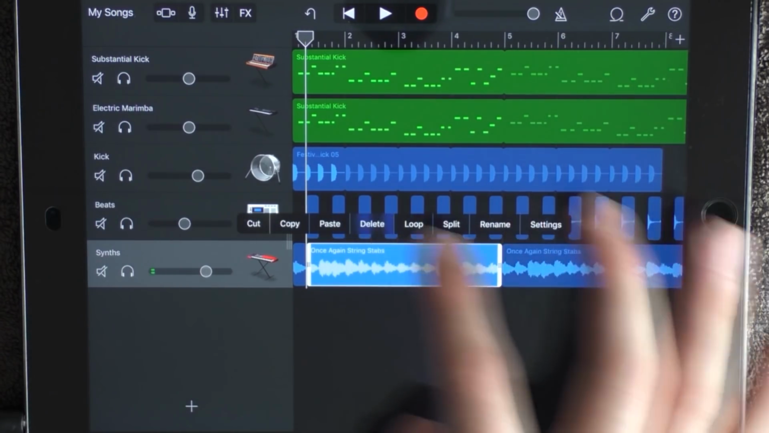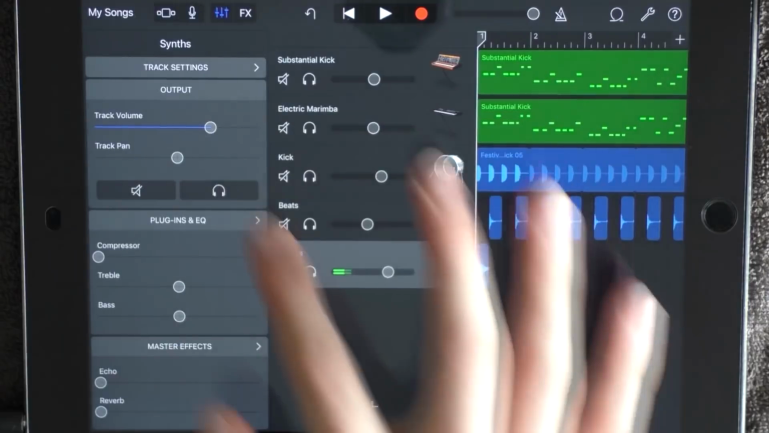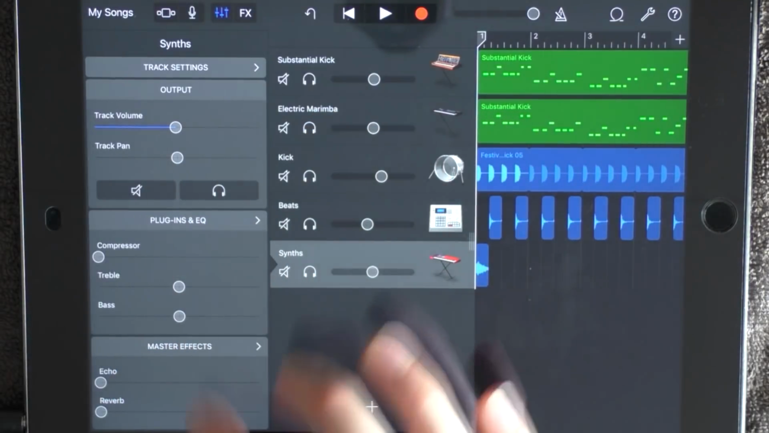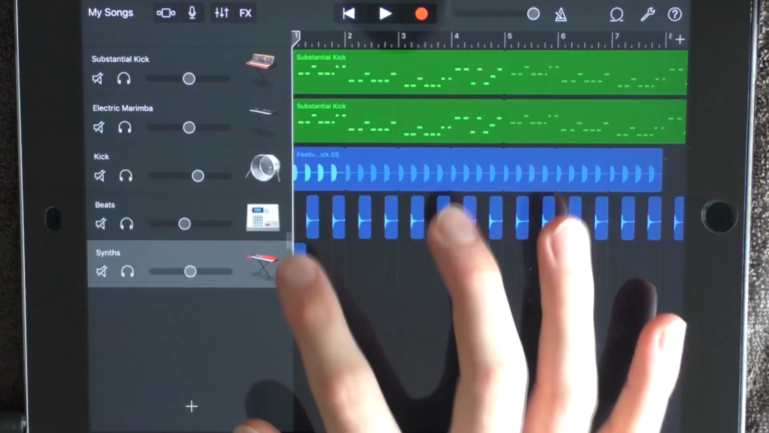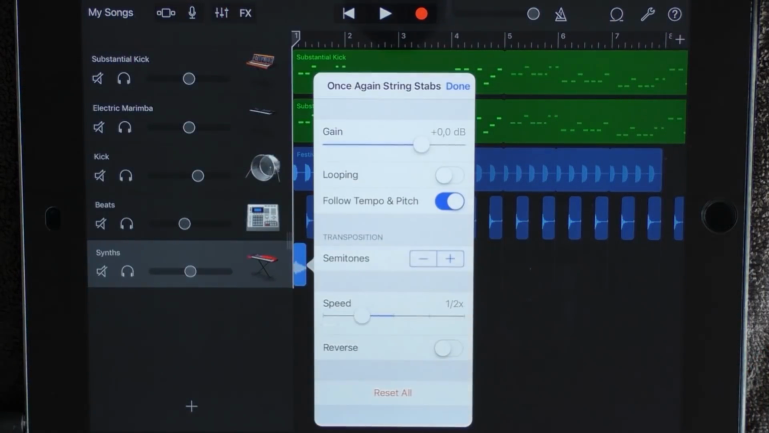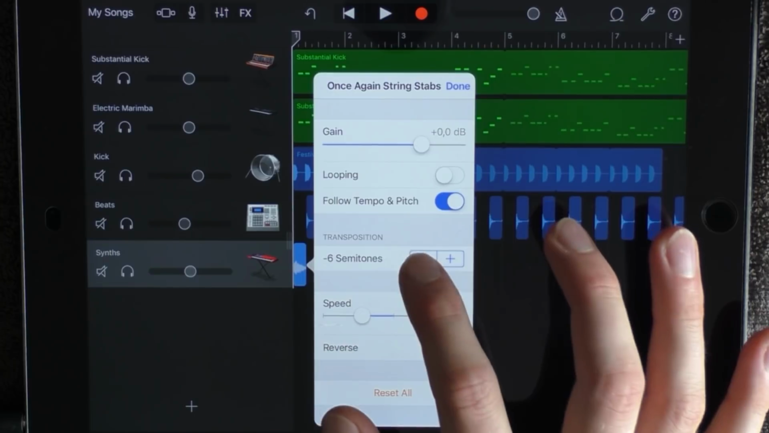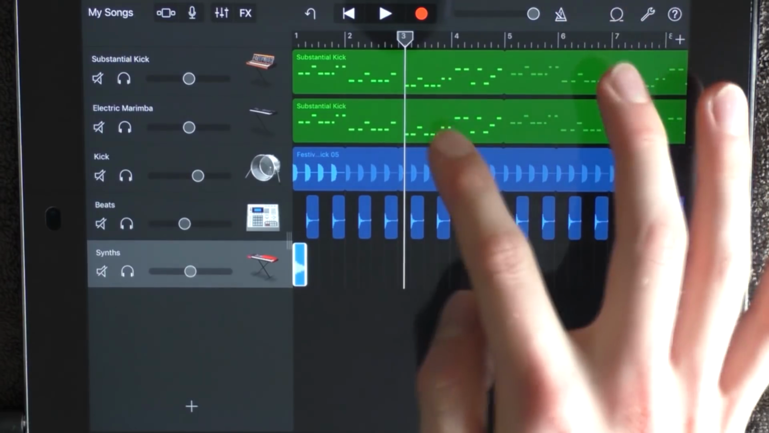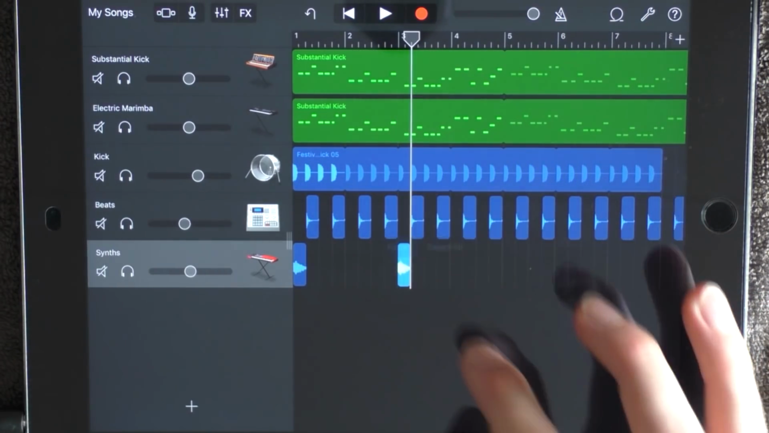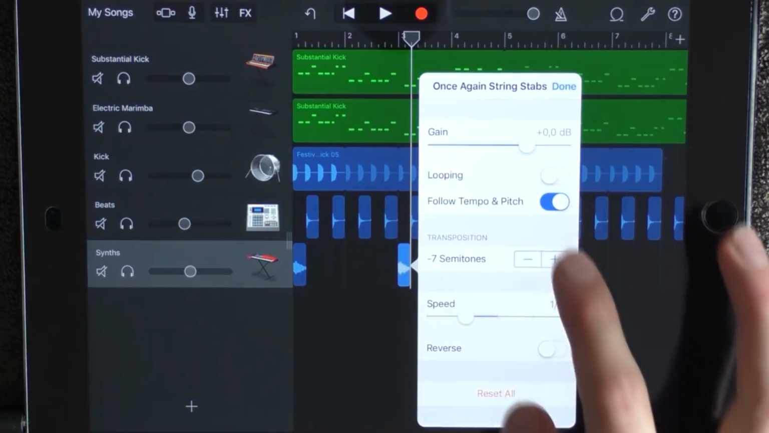And remove the last parts. Have the volume in the middle, add full treble, remove the bass and add full reverb. And now go into the settings and go down -7 semitones. And now copy this one, paste it at 3, and on this one only go down